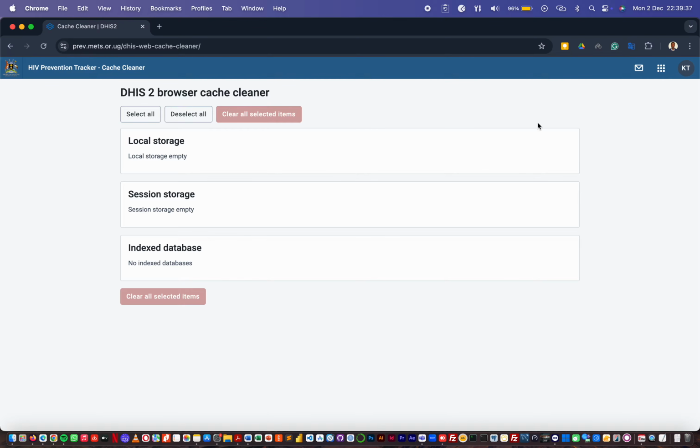To continue, I'm going to start off straight with taking you through a brief of how the interface looks. At the top here, we have the name of the program and the very page that we are at right now, which is the HIV Prevention Tracker Cache Cleaner page. On the top right here, we have